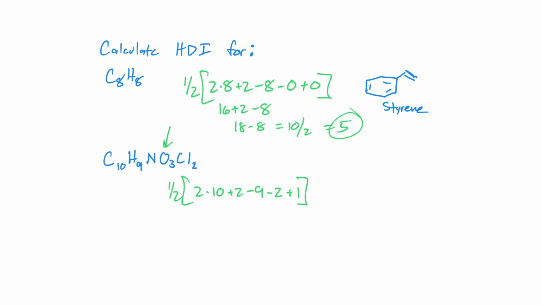So we're done with our formula. We can do some math. 20 plus 2 minus 9 minus 2 plus 1. 20 plus 2 is 22, minus 9 is 13, minus 2 is 11, plus 1 is 12, over 2 equals 6. So this formula here has an HDI of 6, meaning I need a combination of 6 rings, double bonds,